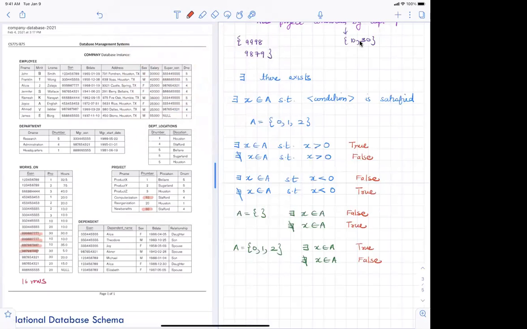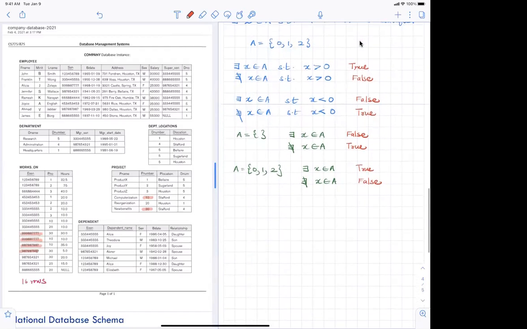So I just wanted to go over what exists and not exists does. So I hope everyone understands. This is just standard, but if you don't understand, just ask me and I shall explain what it means, because you need to understand what I wrote here in order to understand the SQL